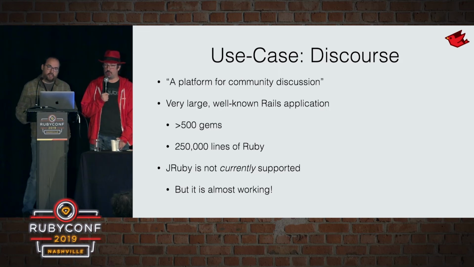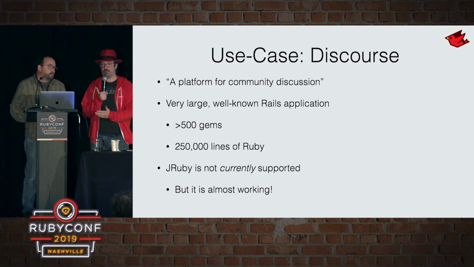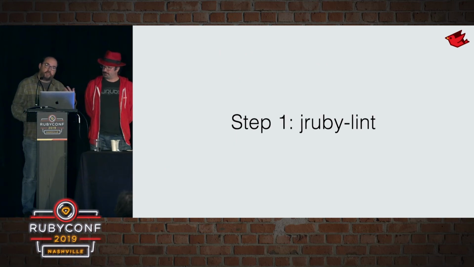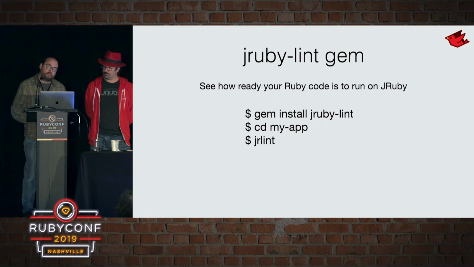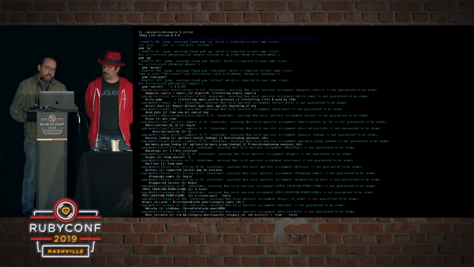Right, and really all of the Ruby code that's involved in Discourse here is working. It's this one last call out to JavaScript to render stuff. And it is doing something in JavaScript, we just don't know what. So the first thing that we did when we tried to tackle this is we installed the JRuby lint gem. So you install it, you go into your app directory and you run it, and then